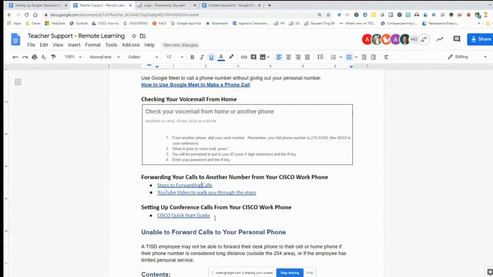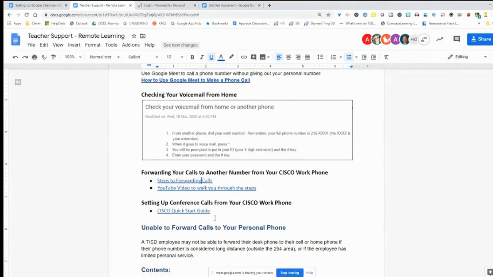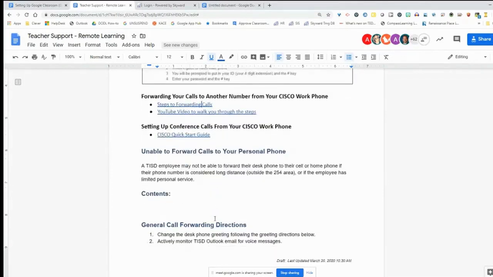There's a quick guide for the Cisco phone that we use in district. All right, unable to forward calls to your personal phone. You may not forward your desk phone to your cell phone if it's a long distance number. It has to be within 254. I've already mentioned that. Let's go to the bottom, because there's one thing I do want you to